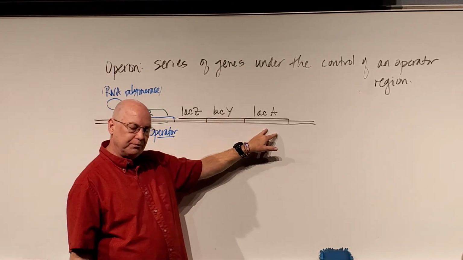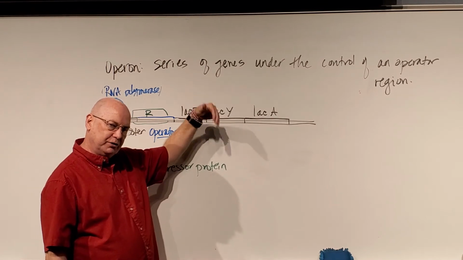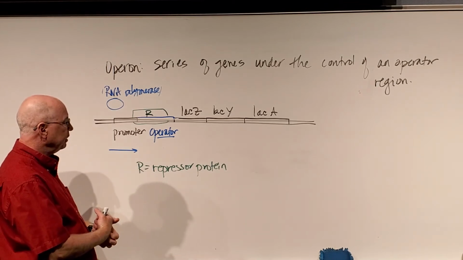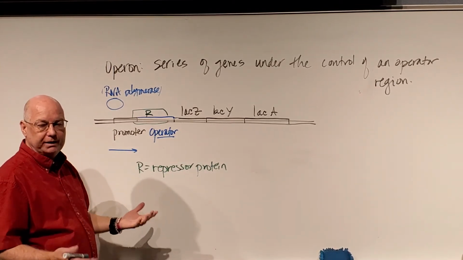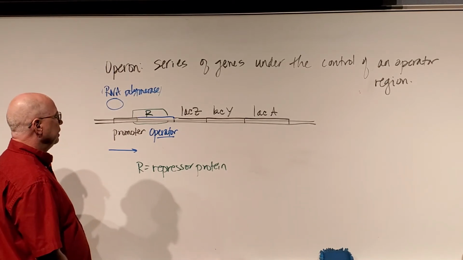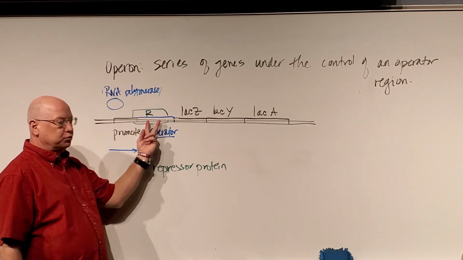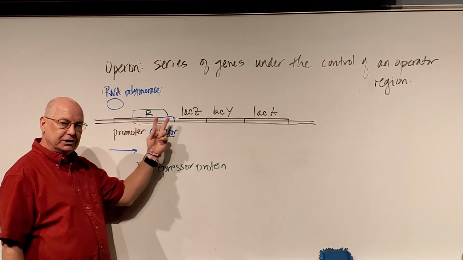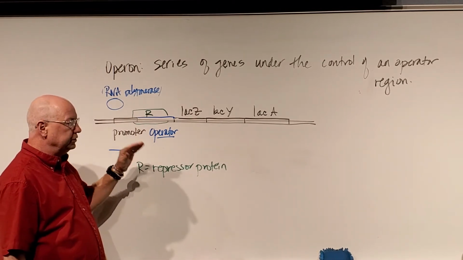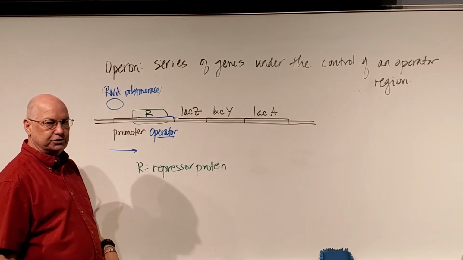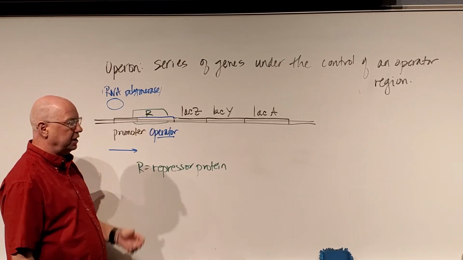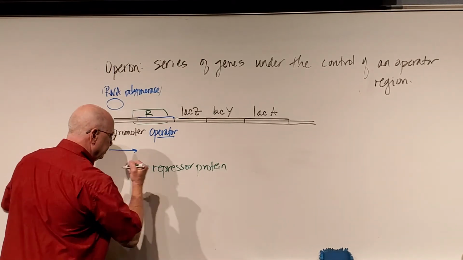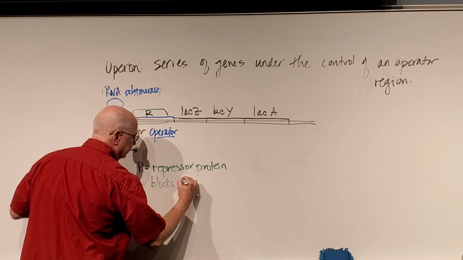These 3 genes will code for proteins that allow the transport of lactose into the cell and for lactose to be broken down into glucose plus galactose. One of the genes codes for the enzyme beta-galactosidase, or what we call lactase. Okay. The operator is the region that allows the genes to be expressed or not, depending on whether the repressor's present. And the repressor binds to the operator region and prevents this gene from being transcribed. The repressor protein blocks RNA polymerase